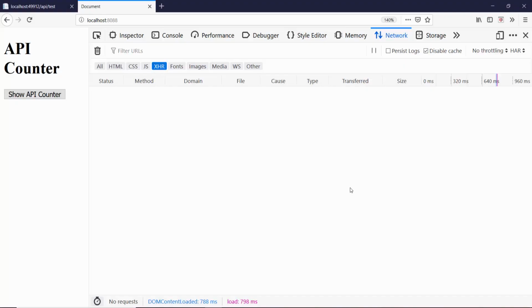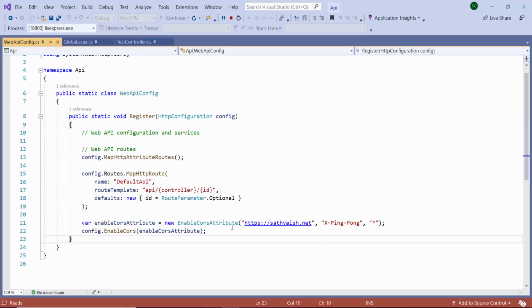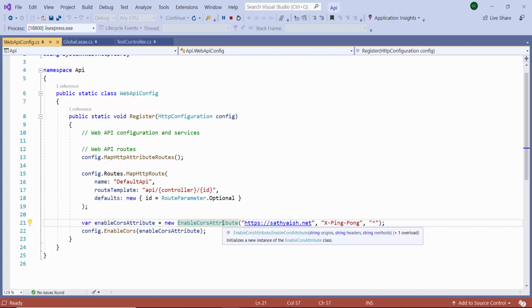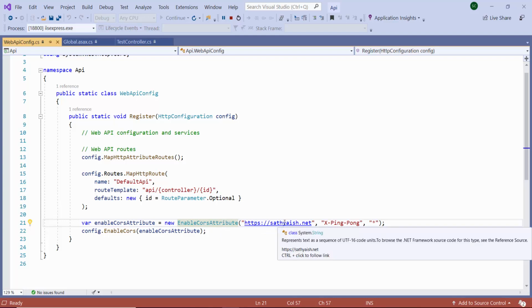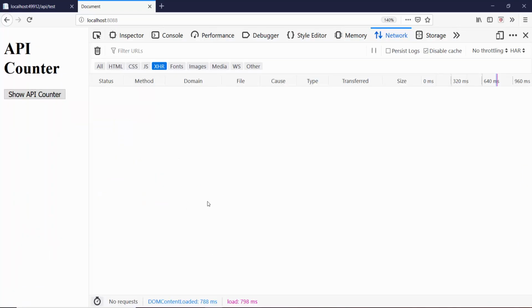We saw yesterday that if I have an API in which I've enabled CORS using the library Microsoft.AspNet.WebApi.Cors, I've enabled CORS and disallowed requests from any domain other than satyaish.net. But if I have a client that is disallowed, if the client does not send any special headers,